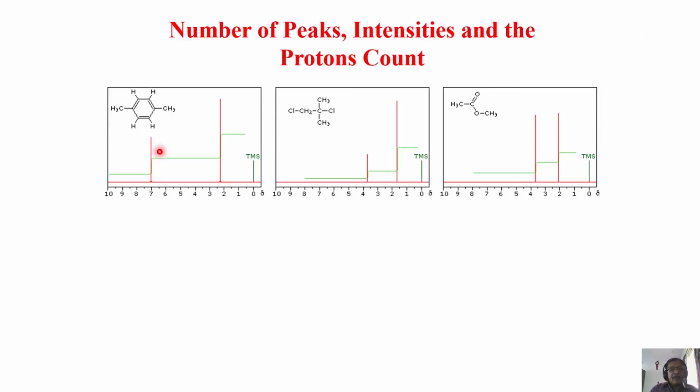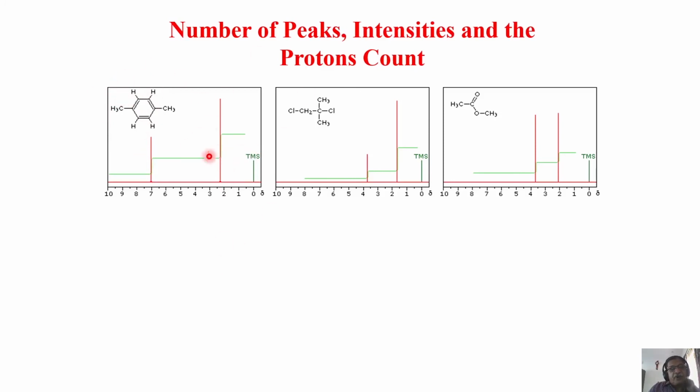This is a molecule with a perfect symmetry here. There are two CH3s present on either side, at a para position, and these are 4. We discussed this type of molecule already earlier. Because of chemical equivalence, this CH3 and this CH3 are the same. It is giving a single peak. These 4 protons, again because of C2 symmetry, are the same. This gives another peak. So there are only 2 peaks here.